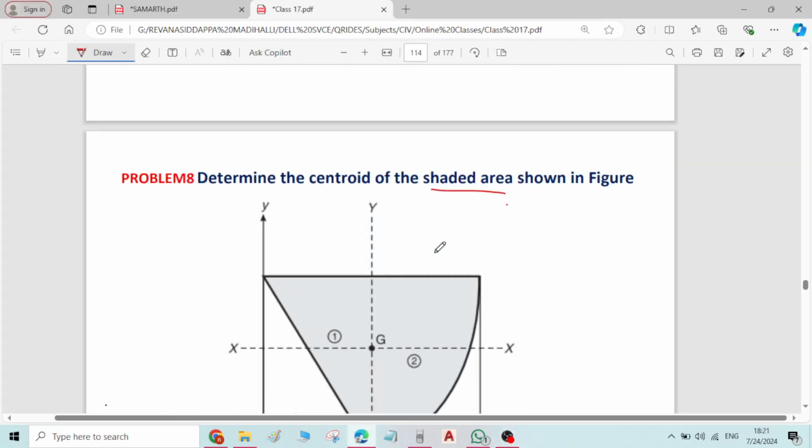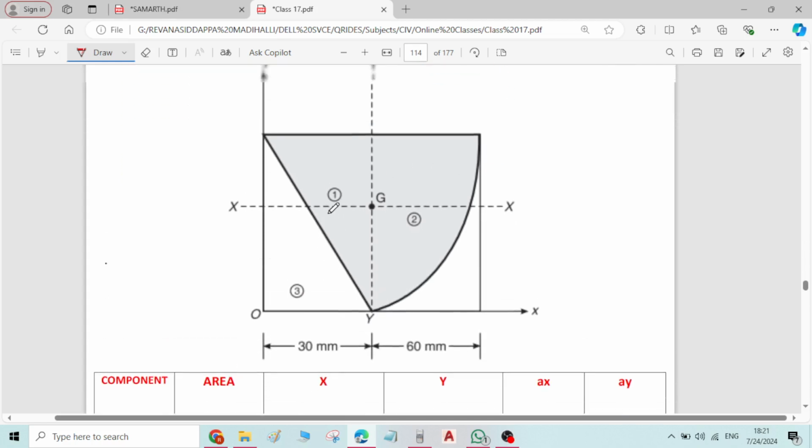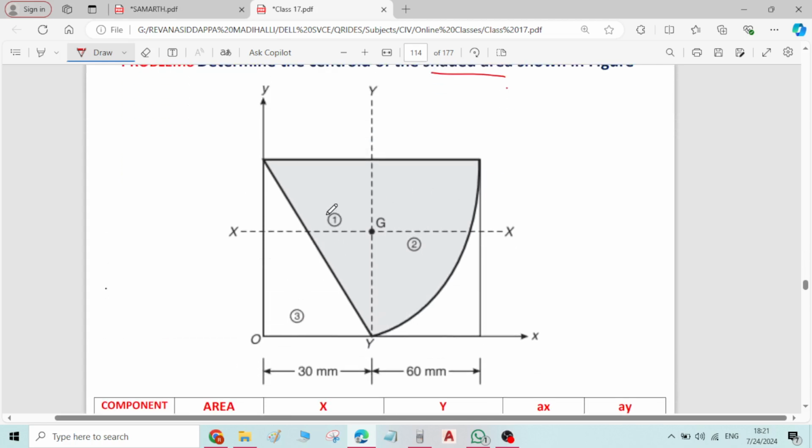Hi, this is problem number 8 on centroid of plane figures. In this problem, it is asked to find the centroid of the shaded area. To find the area of this shaded portion, what we can do is